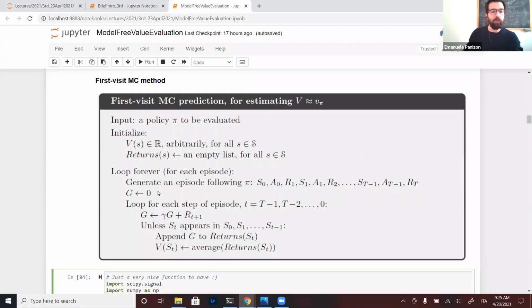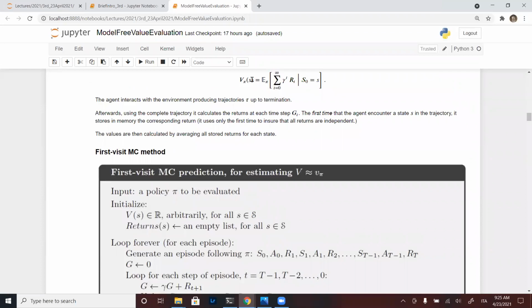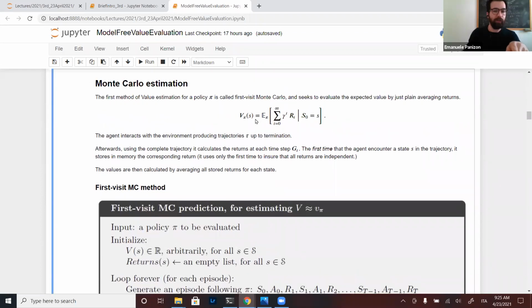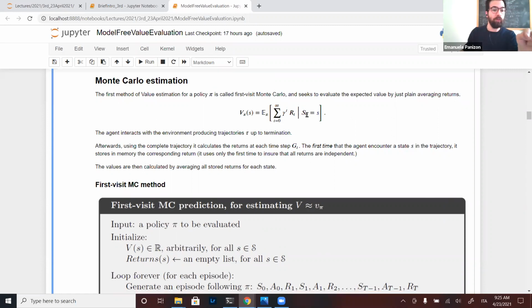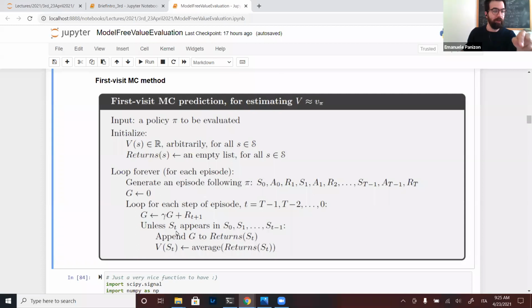Okay, sure. So we want to evaluate this function here, right? We want to do this formula, which is the expected value. So in a sense, the average value of all the sum from one moment onwards of the discounted reward, if you start from a state. So what you do here in this pseudocode is you calculate the return, which means the sum of all the future discounted reward from that point onwards, and you calculate it for each point